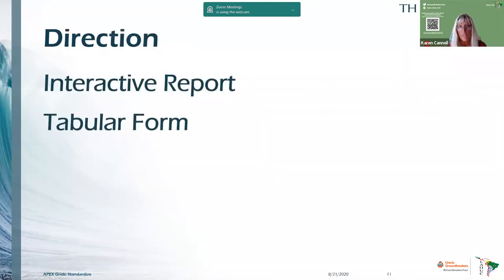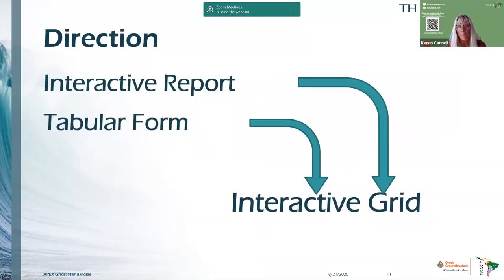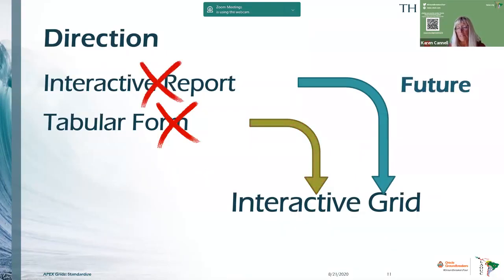And the direction here is that interactive reports and tabular forms will eventually be replaced by interactive grids, the way they're now with interactive reports. That's in the future. That is only going to happen if and when all interactive report features are handled by interactive grids. So we already know that's not going to be for a little while, but you may have noticed